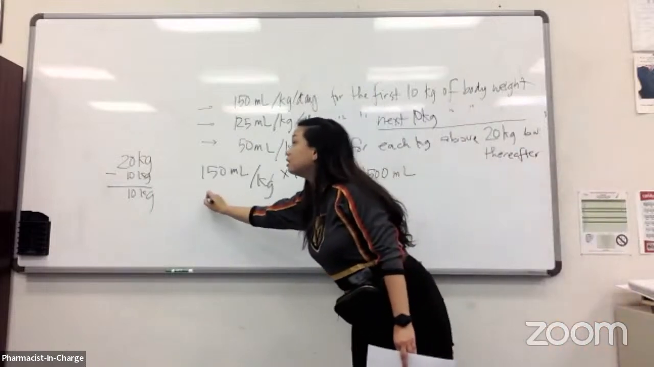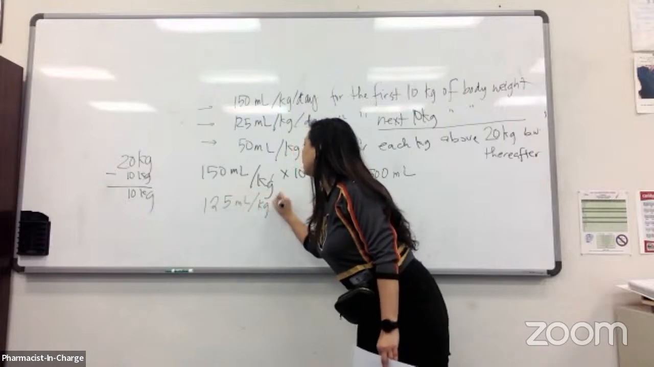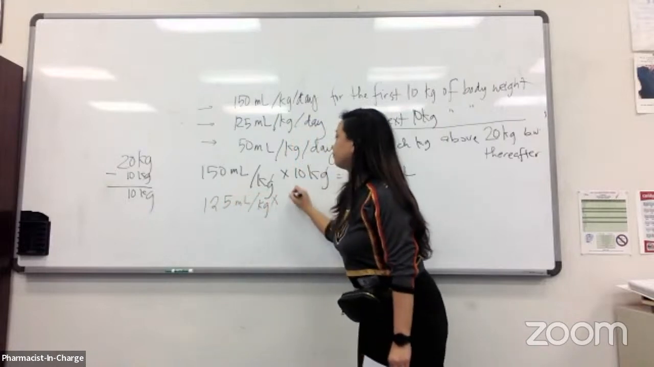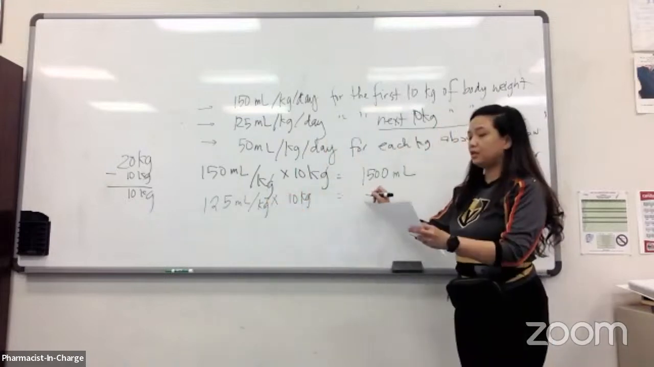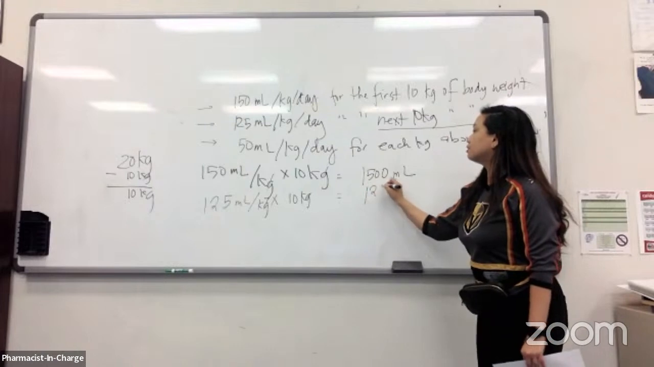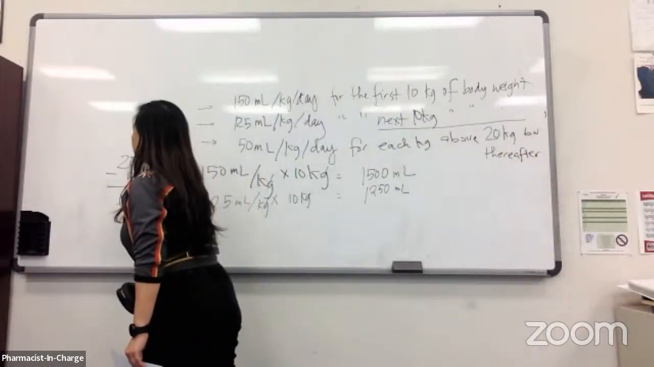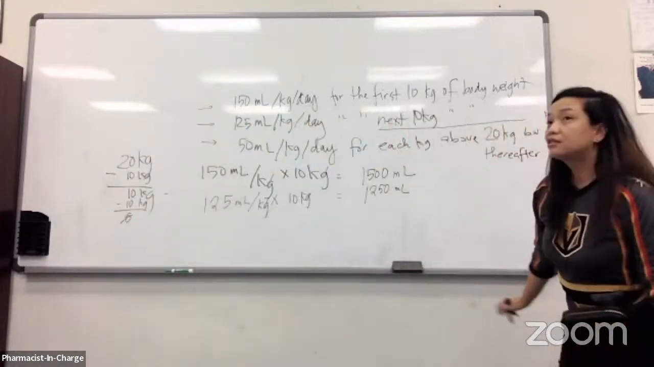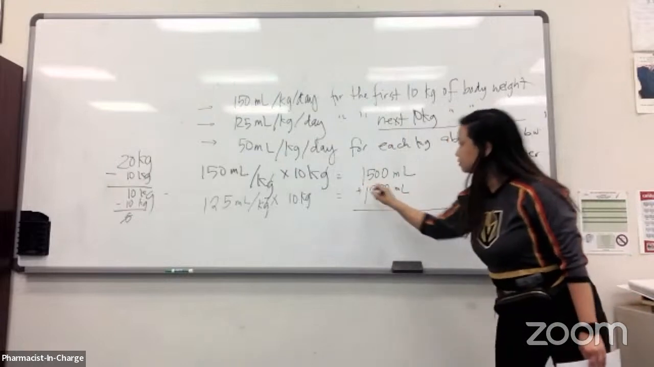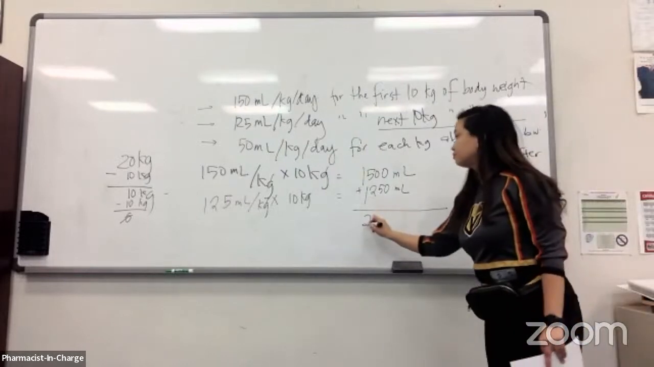So this will be 125 ml per kilogram times another 10 kilograms. And this one will be 1,250 ml. You already used the second 10 kilograms. Is there something left? Nothing, right? So this is it. What do you do? Pass. So the answer is,